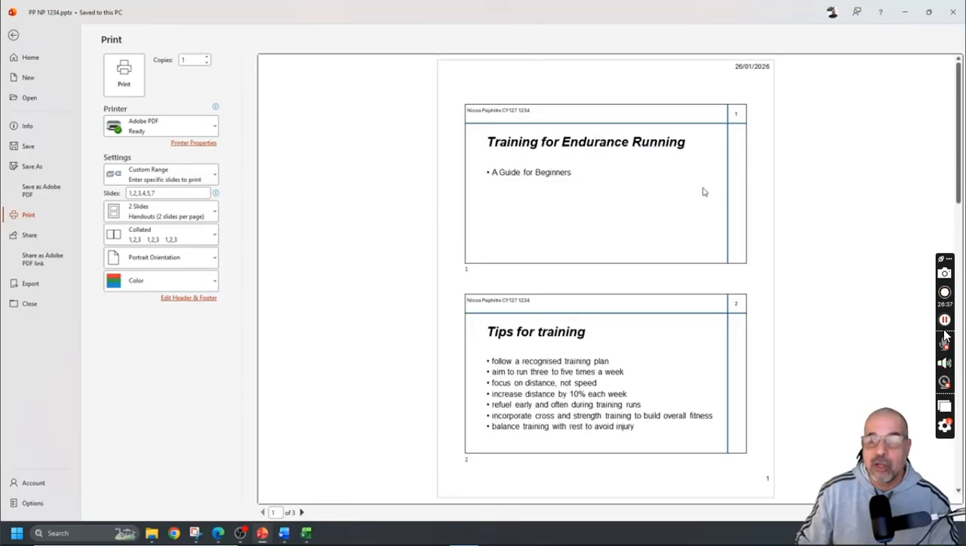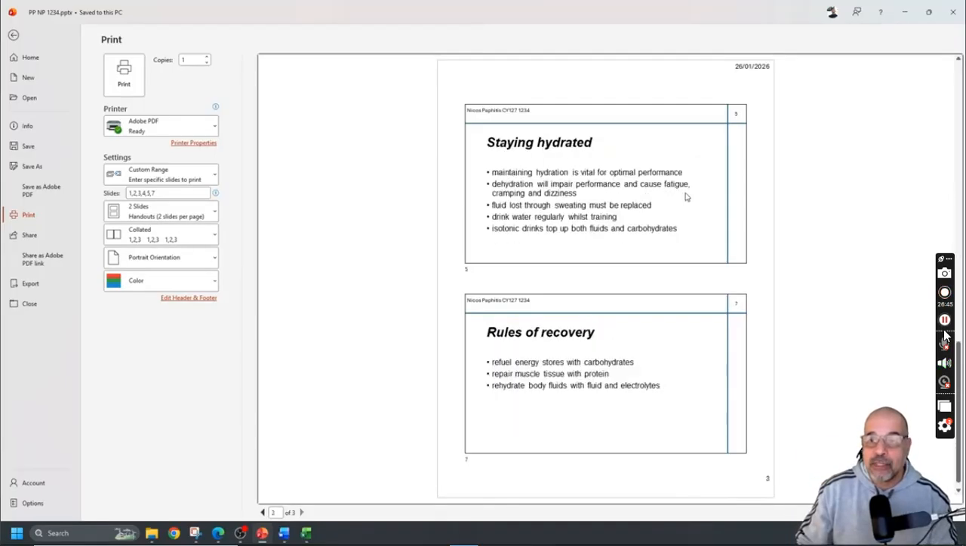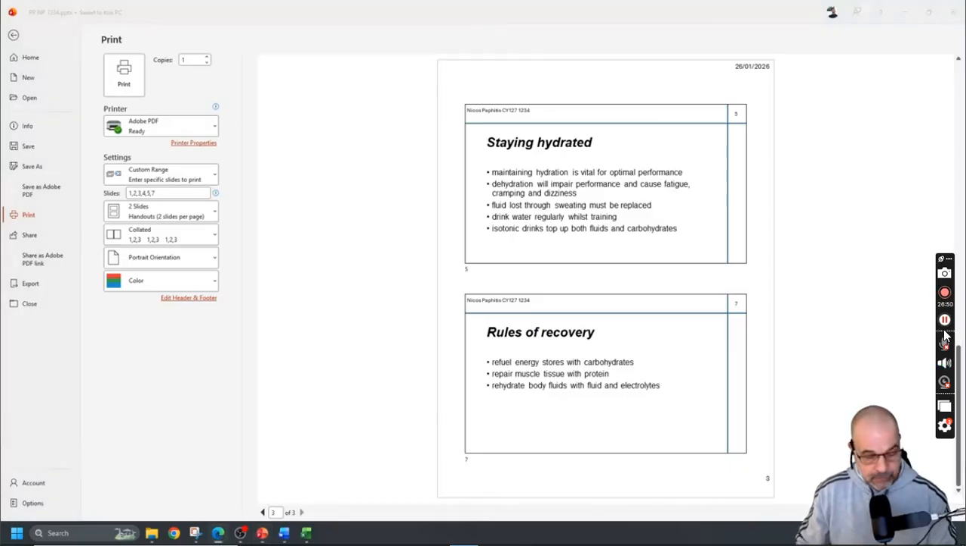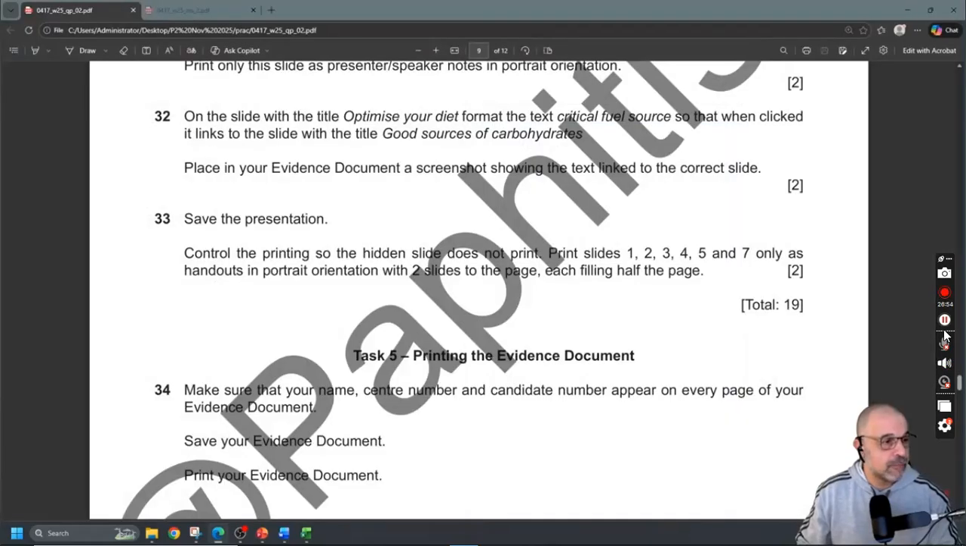That's going to print 3 pages, 2 slides to a page, each slide taking half of a portrait page, and it's only printing slides 1, 2, 3, 4, 5, and 7. Perfect. So again, you will choose your appropriate printer and print that off. If you're a first or